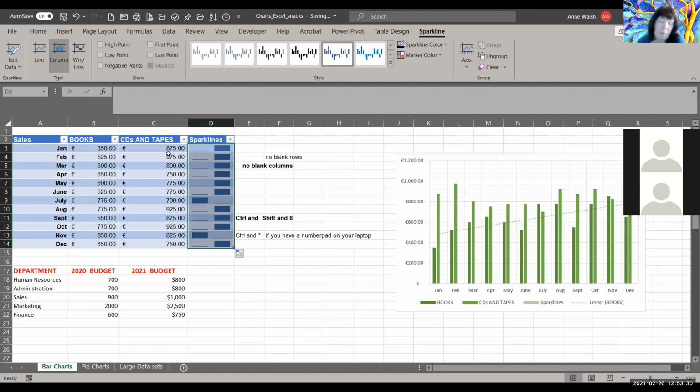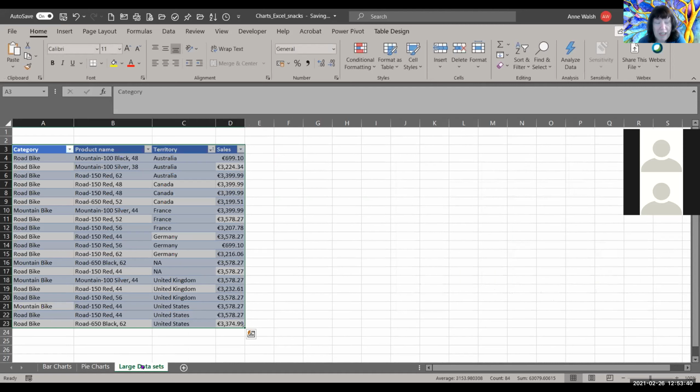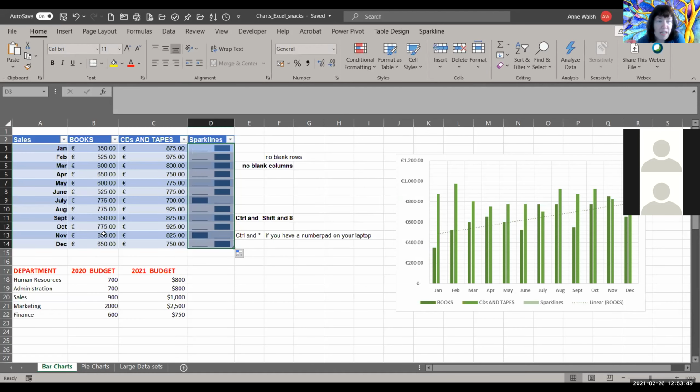I'm keeping an eye on my time here. The second thing I want to touch on, just before I wrap it up, is another really nice feature: large data sets. This is not really a large data set, but it'll be enough to give you a flavor of it. If I click the bar charts here, these are all smaller data sets, so not too many. But if you had a larger data set,